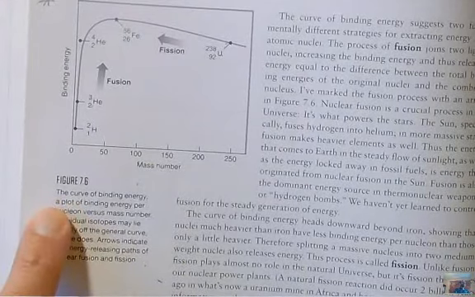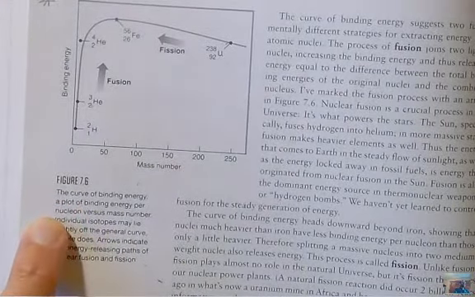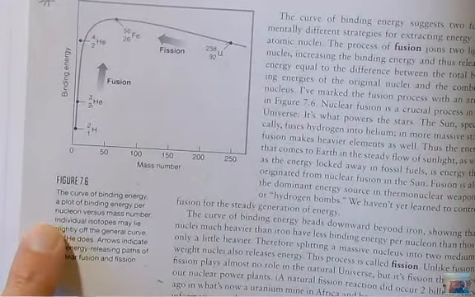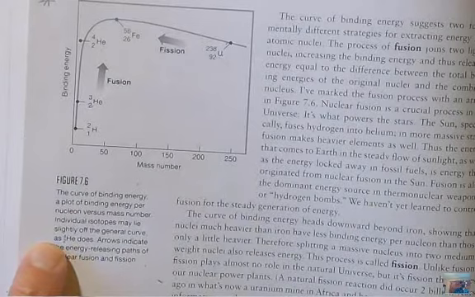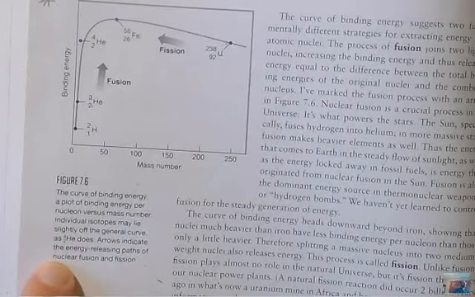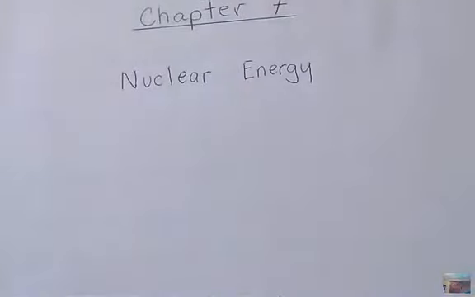It's called a curve of binding energy, a plot of binding energy per nucleus versus the mass number. Individual isotopes may lie slightly off the general curve, as helium-4 does. Arrows indicate the energy release path for nuclear fusion and fission. Okay, so that being said,